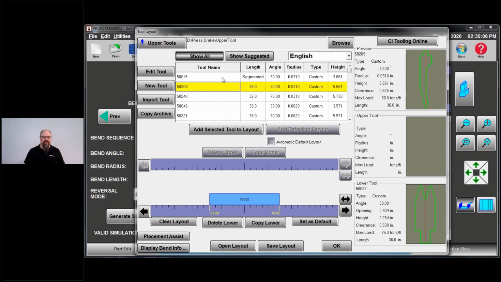So I've got 2 options here, the 50045, which is a straight V punch, and a 50209, which is a gooseneck. Because I'm bending this hat channel, I'm going to use the gooseneck, just because. There's no critical reason why, but if I did have 2 up bends coming in next to each other where it might interfere, then the gooseneck is absolutely required to keep it from back bending against the back of the punch. So there's my upper tool, there's my lower tool. 30 upper, 30 lower. I am done with my tool selection.